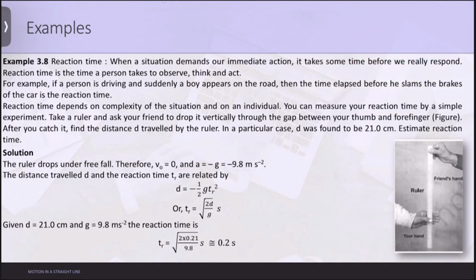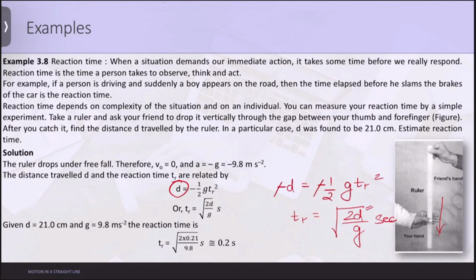So just putting those values here, what will you get? You will get the displacement. Remember, this is very important. This displacement value can also be written as minus d. Why? Because as you can see, the displacement is occurring in the downward direction. Therefore, this will be minus d is equal to minus half g t_r square. This minus gets cancelled. So you get t_r is equal to under root of 2d by g